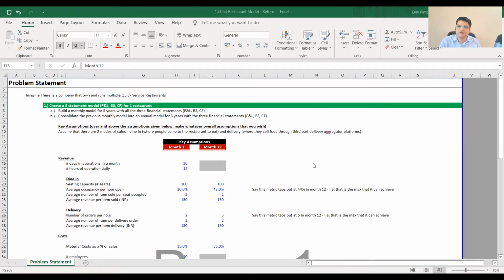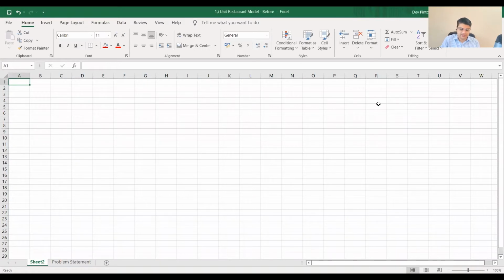Now you see there's no tabs given to us. That's just the problem statement. So we're going to have to build out a lot of the tabs. Let's build out a new tab. Shift F11 is the shortcut for starting a new tab right over there. Alt H O R is the shortcut for renaming it. Let's rename it